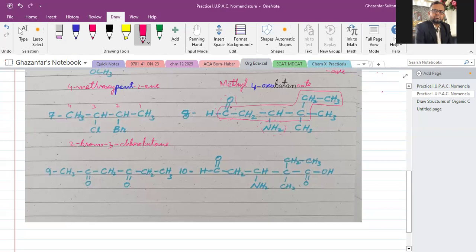For numbering, if these two groups are there, priority is given to the aldehyde. So this is 1, 2, 3, 4, 5, and 6. So the parent chain contains 6 carbon atoms. The position of the groups are amino on the third position and 2 methyl groups on the fourth position. And again, use the alphabetic order for writing the prefixes. Methyl starts from M and amino starts from A. So first we write 3-amino,